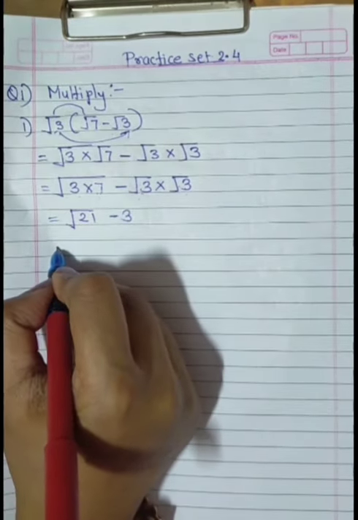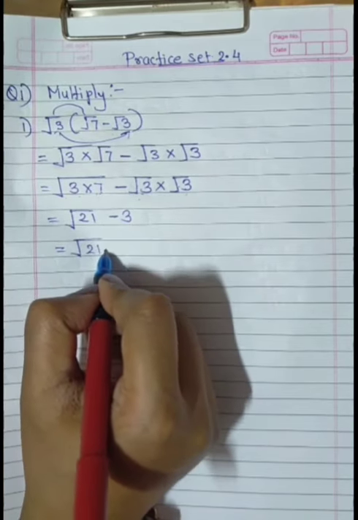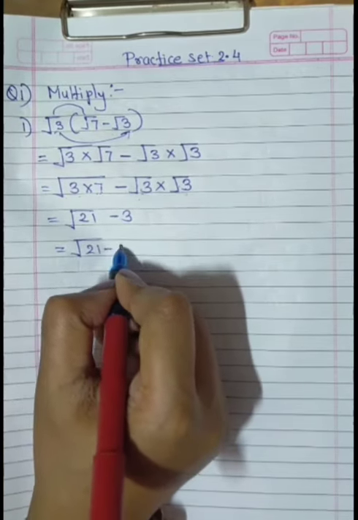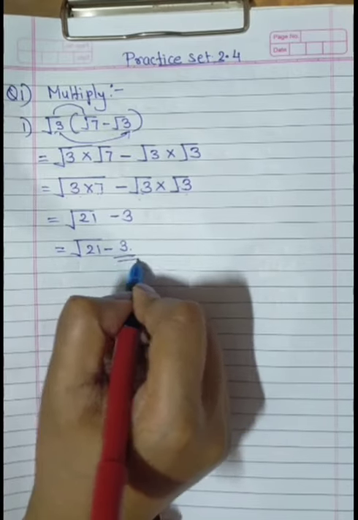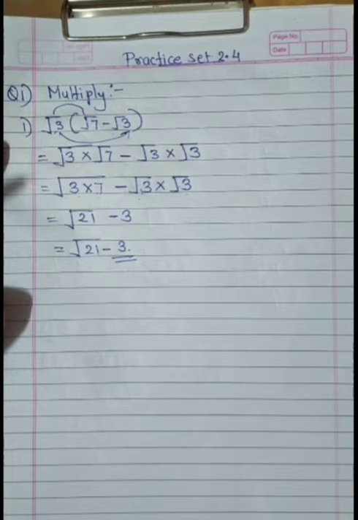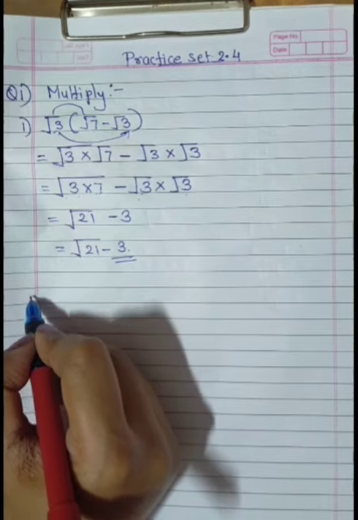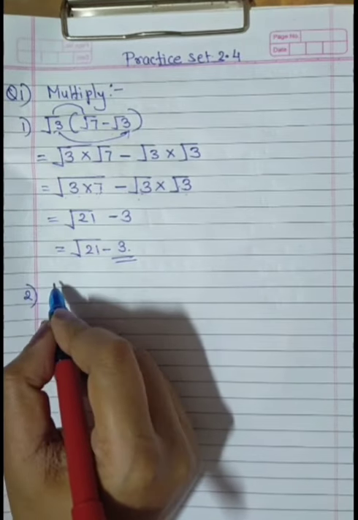Now answer is square root 21 minus 3. Answer of first question. Now we are going to move to solve second question, that is